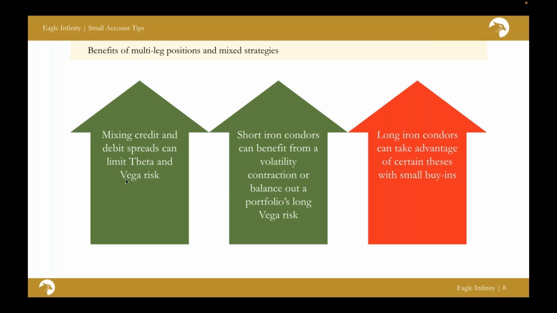So looking at the broader environment, and maybe you have a view on volatility, you think it's going to expand or contract. Now you're able to actually incorporate and express that view into your portfolio. Now, what can you do with spreads that we looked at, those vertical spreads, that you can't do with long calls and long puts as well? And this is nice for small accounts as well, because it's not restricted toward big accounts.